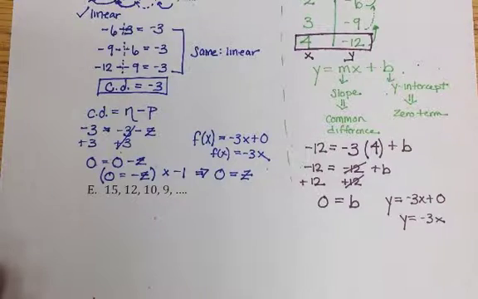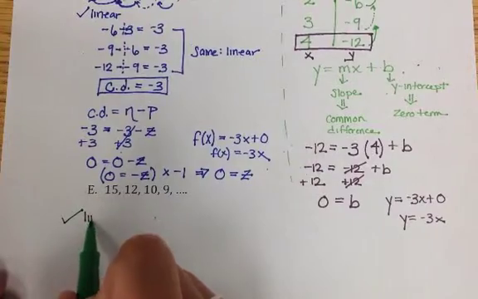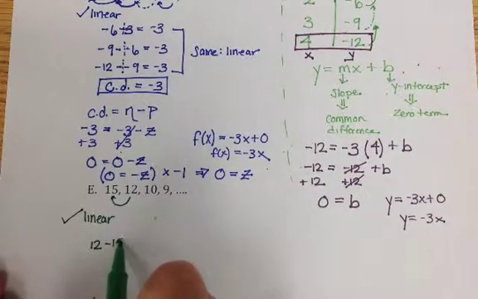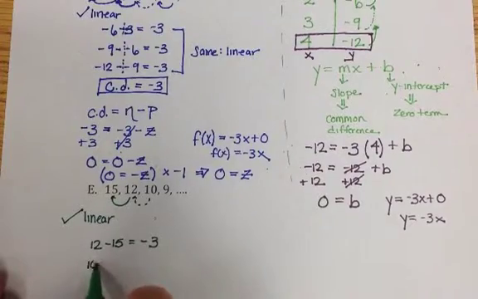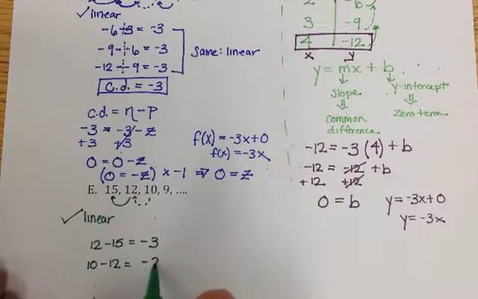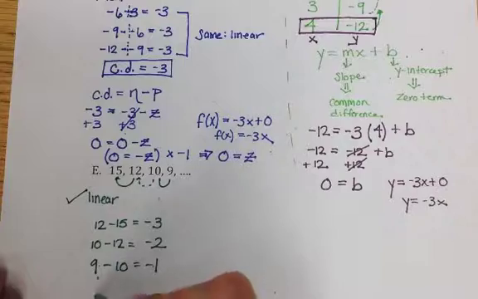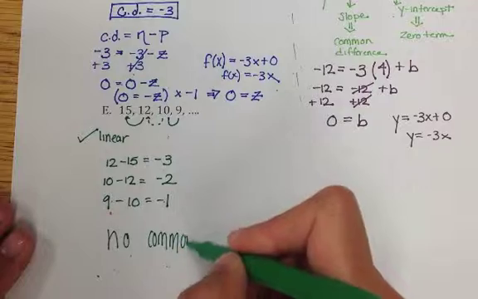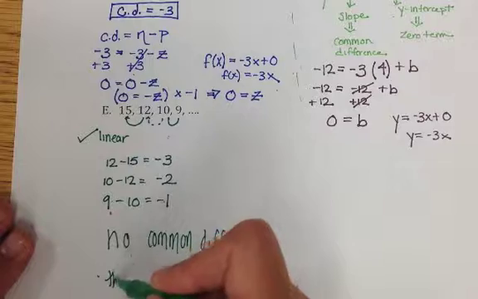We have the sequence 15, 12, 10, 9. So the first thing we're going to do is we're going to check to see if it's linear. So we have 12 minus 15, which is -3. We have 10 minus 12, which would be -2, and 9 minus 10, which would be -1. So these are not the same, so there is no common difference. And if there is no common difference, the sequence